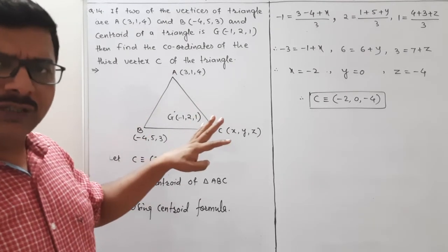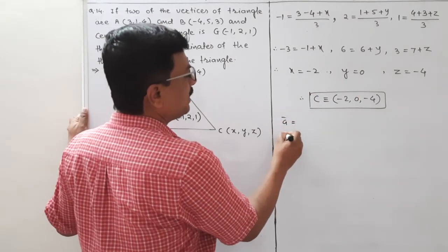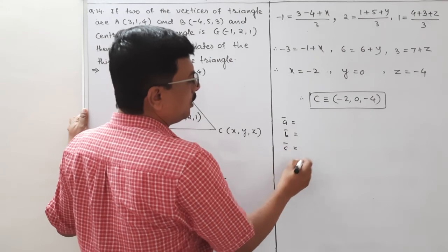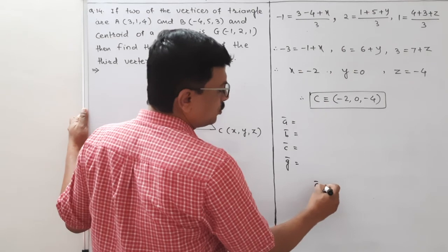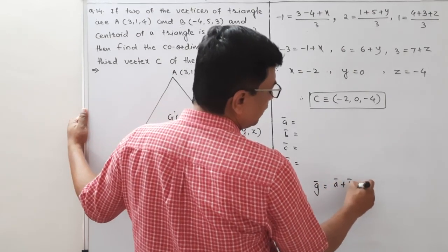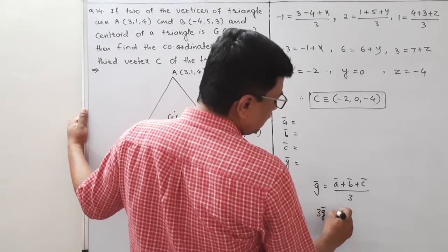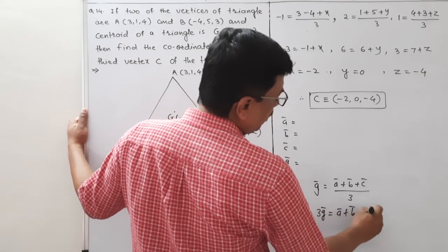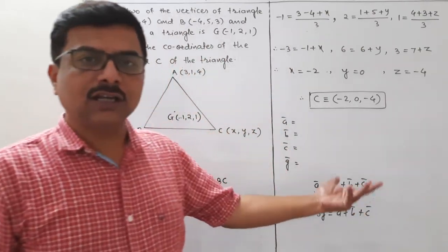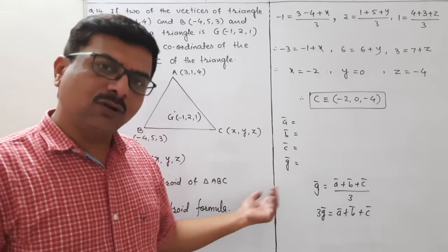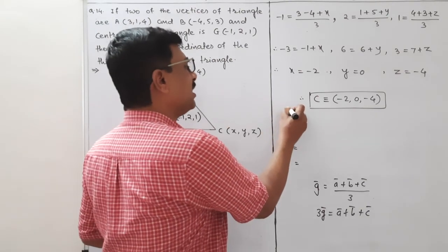आप यहाँ पे वेक्टर भी यूज किया तो भी चलेगा, लेट A वेक्टर, B वेक्टर, C वेक्टर। आप A वेक्टर फाइंड आउट करो, B वेक्टर फाइंड आउट करो, C वेक्टर फाइंड आउट करो, और G वेक्टर फाइंड आउट करो, और फिर यूज करो AG वेक्टर इज इक्वल टू A वेक्टर प्लस B वेक्टर प्लस C वेक्टर अपॉन 3, मीन्स 3G वेक्टर इज इक्वल टू A वेक्टर प्लस B वेक्टर प्लस C वेक्टर। और फिर इसमें ये वैल्यूज पूरे रखने के, यहाँ पे x y z के i j k को कॉमन निकाल के इक्वेशंस फॉर्म करो और उनको सॉल्व करो, x y z के वैल्यूज मिलेंगे। यानी 2 मेथड्स है, और में ये मेथड आप यूज कर सकते हो।